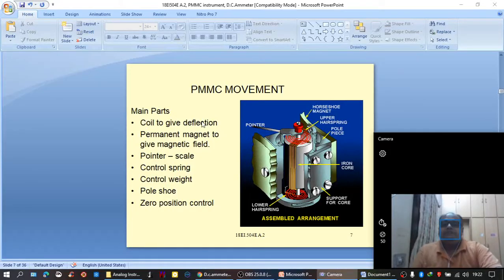Now here in the basic PMMC movement, through the control springs, the current will enter from one control spring, flow through the movable coil assembly, and then move out through the other control spring. Depending upon the direction of current, that is either flowing from top to bottom or from bottom to top, the coil will produce a certain amount of deflection,